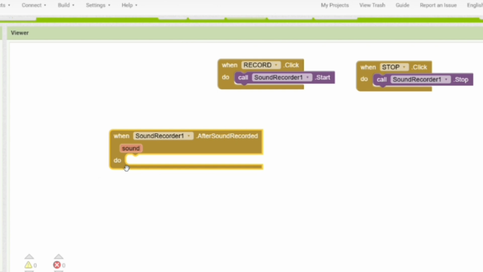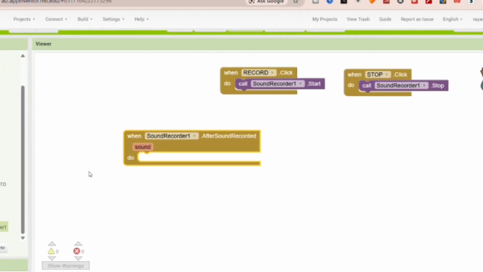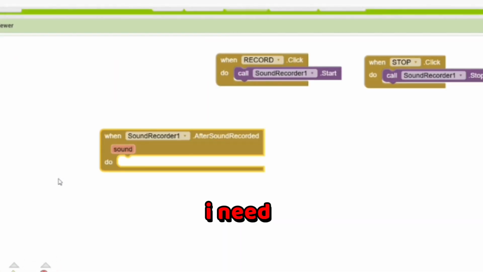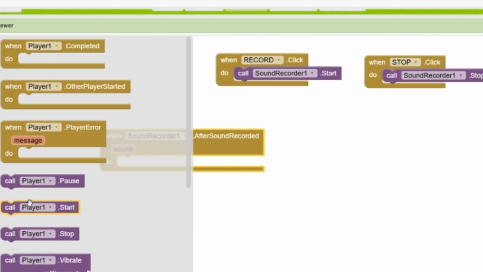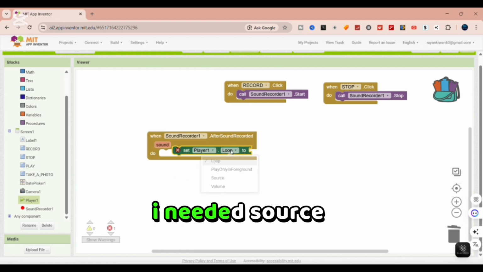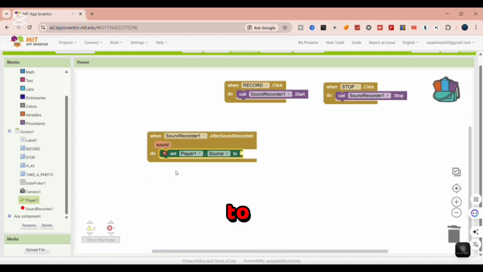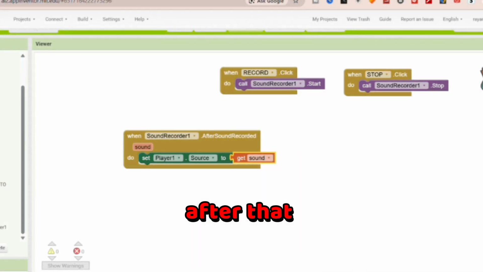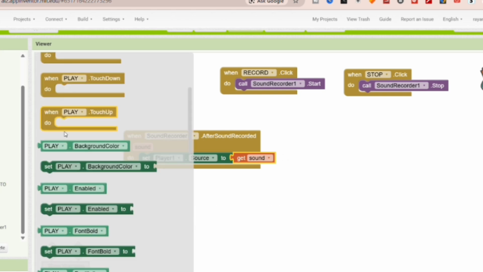When the sound is recorded, I need to move forward and pick up this block and set the player source. Instead of loop, I need the source to get the sound. After that, when play is clicked,